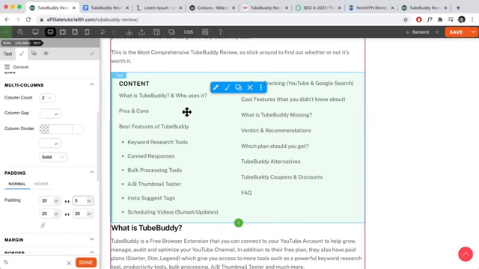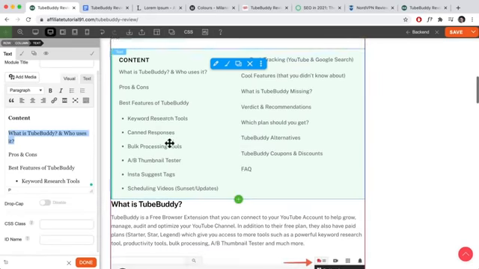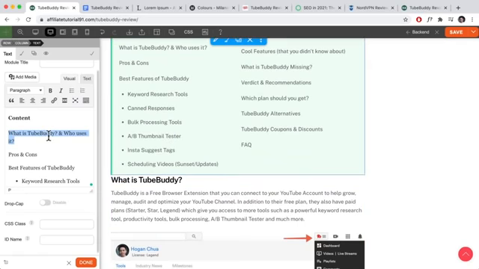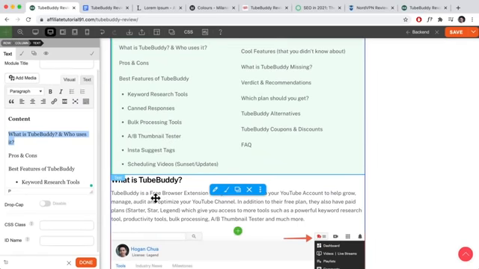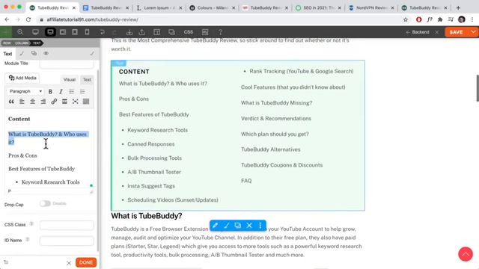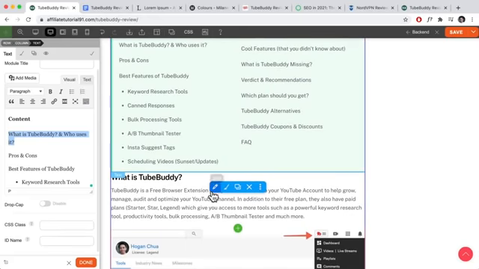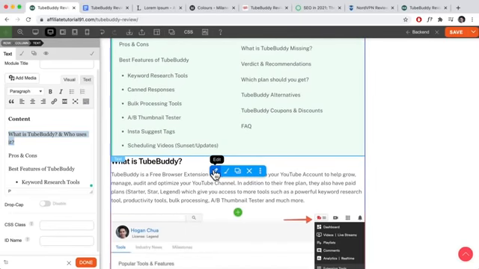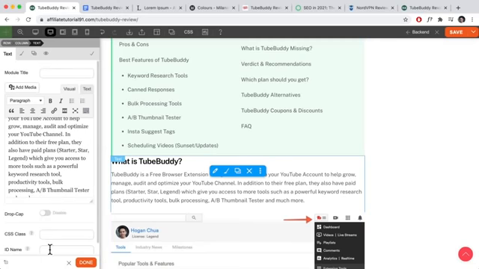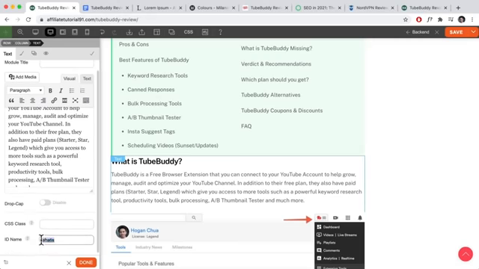So how do you actually link the different sections to each of the different sections over here? So what you can do is you can link it 2 ways. So for example, if we want to link it to this section over here, let's set in the link ID first. So let's click into the text module, edit, and then for the ID name, we're going to label it what is,